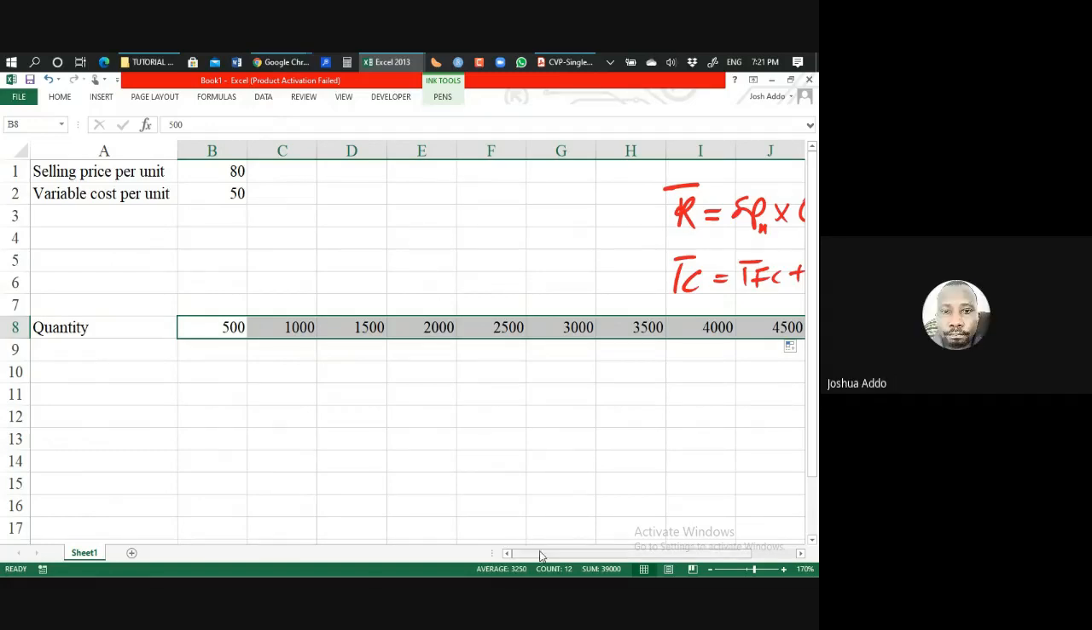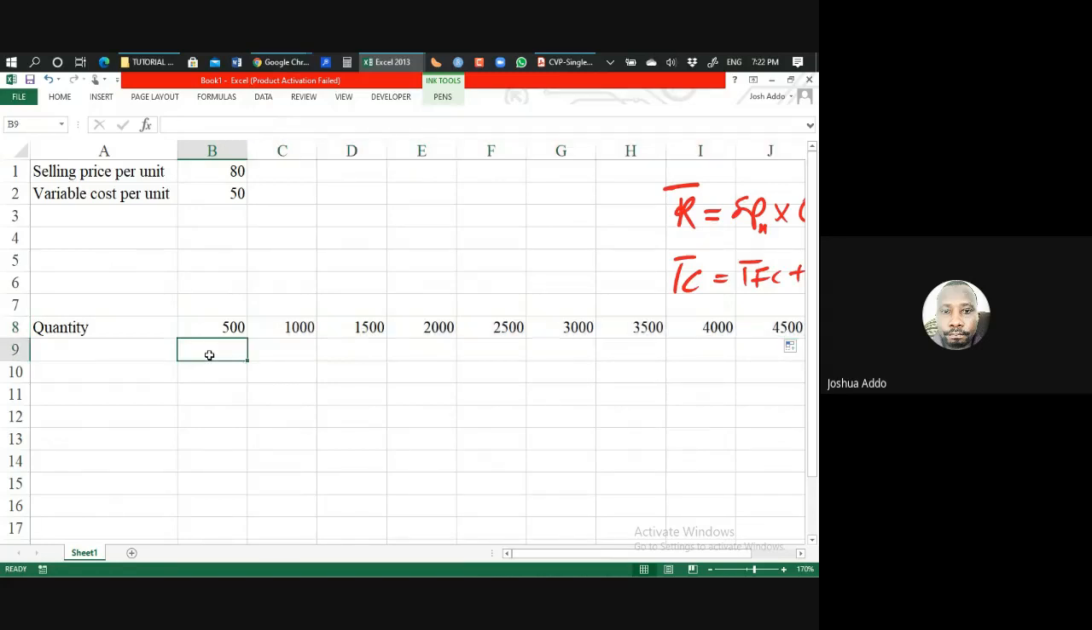Okay. So we are assuming the quantities that we will sell. We could have started from zero, but it will be so long. So we are just stepping them by 500 difference. You could have done them 10, 20, 30, 40, 50. It doesn't spoil anything. So if you do 500, 1,000, 1,500, 2,000, 2,500, and so on, this is what it is. Then we say